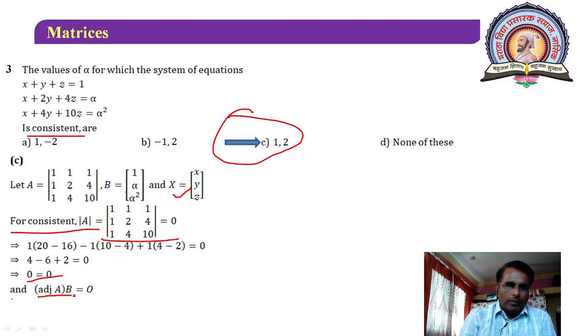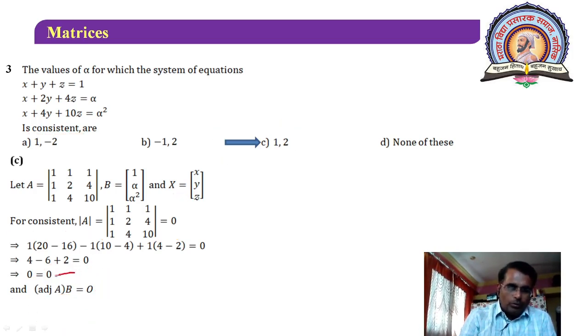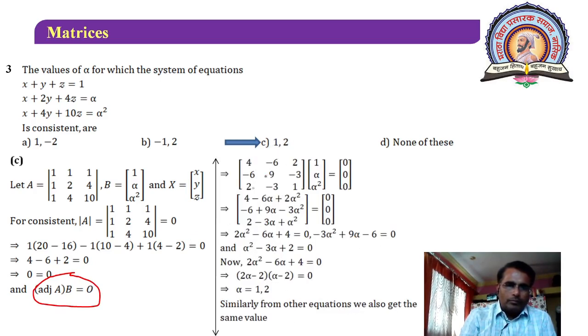then you have to consider adjoint of A into B. Adjoint of A into B, if equal to 0, then only it is consistent. If it is non-zero, then it is not consistent. And we are expecting a consistent system, therefore adjoint of A into B is equal to 0, and therefore you have to consider its adjoint. So you will observe that after reduction you are getting this type of situation. Okay, actually this is your adjoint.